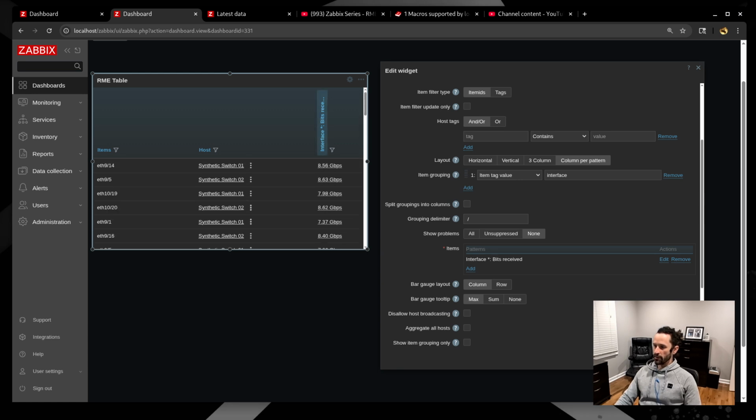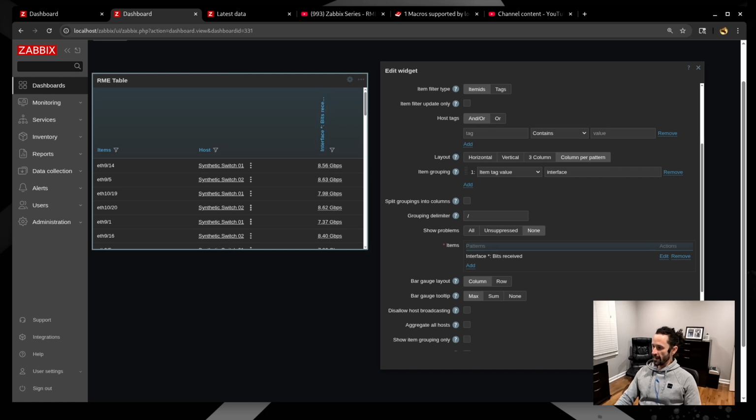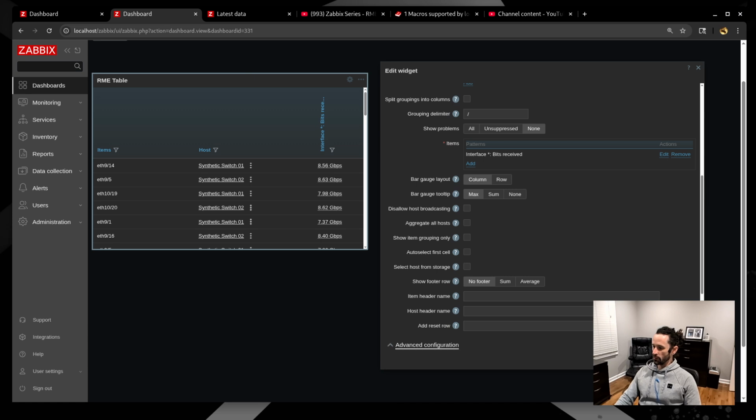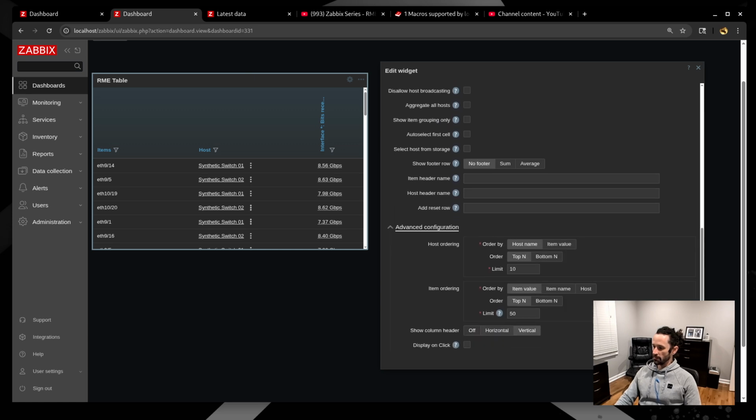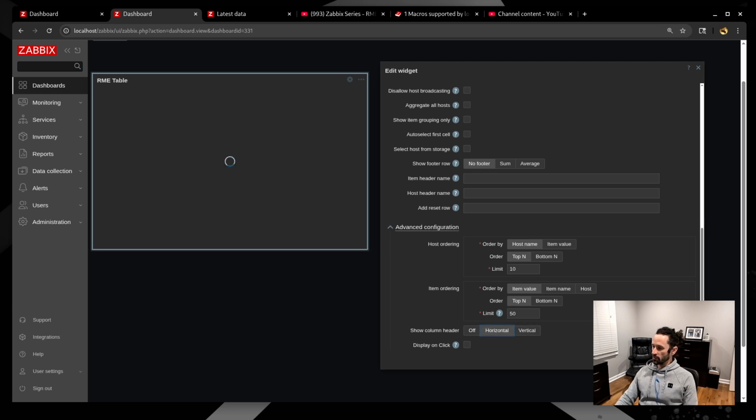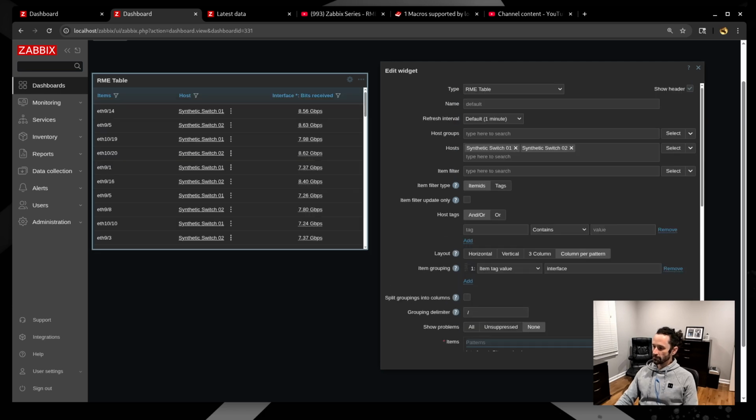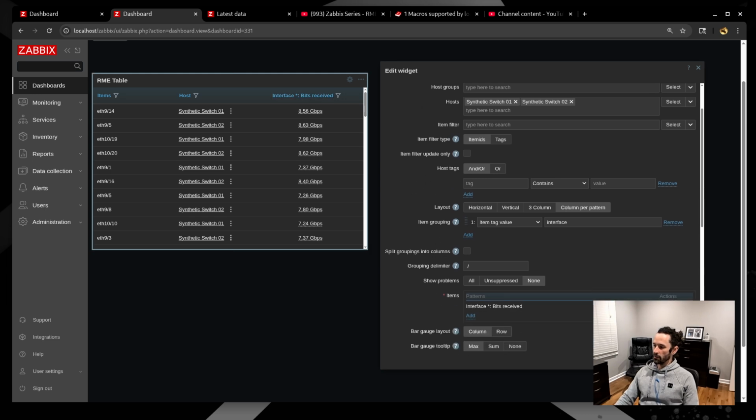Now, the title of the column, well, for one, let's change the layout on your main configuration form under Advanced Configuration near the bottom, Show Column Header. This is also built into the Top Items widget, which it was cloned from, so the behavior is no different. But let's click on horizontal to change that. So you can see the column title is basically just the item pattern that I added. But if we go back in and click Edit,